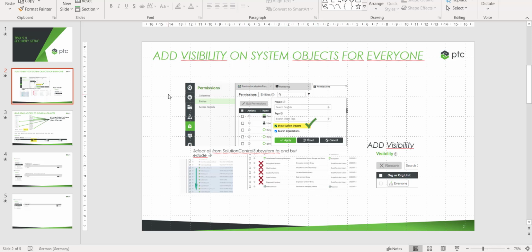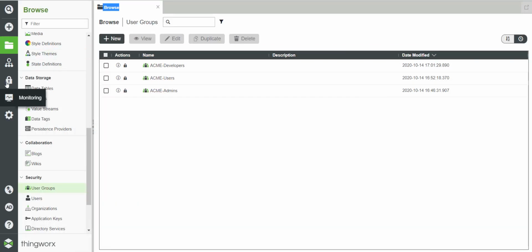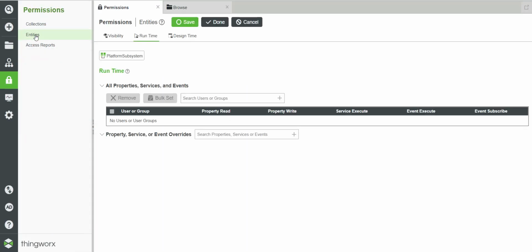There are some system objects in the system for media files, for shapes and so on. From my point of view, it makes sense that for the system objects, everyone has access. So I will use the Everyone organization here to give access to these groups, and it's very easy to do. So you go into the permissions tab, entities,